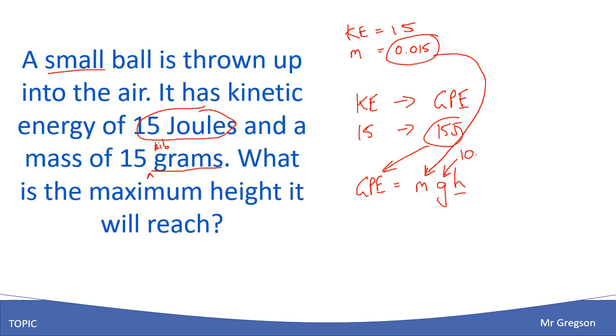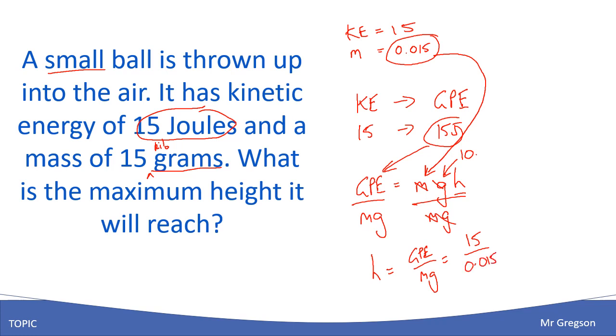Now before I put all those numbers in, I'm going to rearrange the formula. Always a good habit to do that first. I want H on its own, so let's get rid of M and G. I'm going to divide by M and G on this side, and if I do that on this side, I've got to do it on the other side. Then I can cross out my M, cross out my G, and I'm left with H. So my height is going to equal GPE over mg, which is 15 divided by my mass, I said was